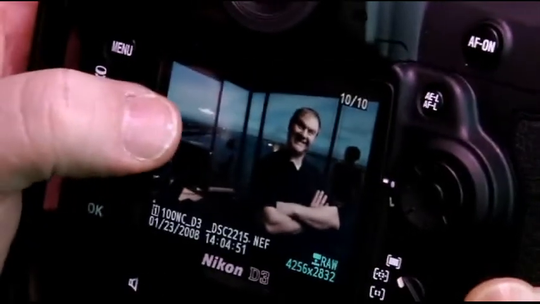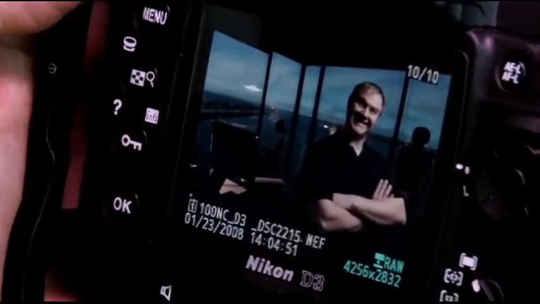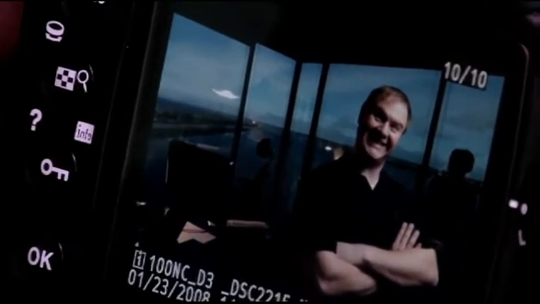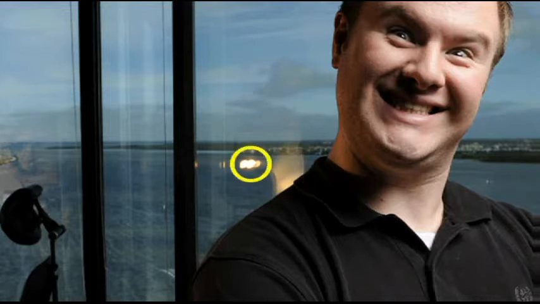One of the last problems we have is that little sliver of light there, and that is solvable. Maybe not completely, but we can get it a little bit better than that. The other things I'm going to look for, of course, are any other kind of errant hits. That's, again, where this cursor function of the LCD is happening. You can see right there over his shoulder I've got a warm highlight off the wall, and I've got the two blaring highlights of that